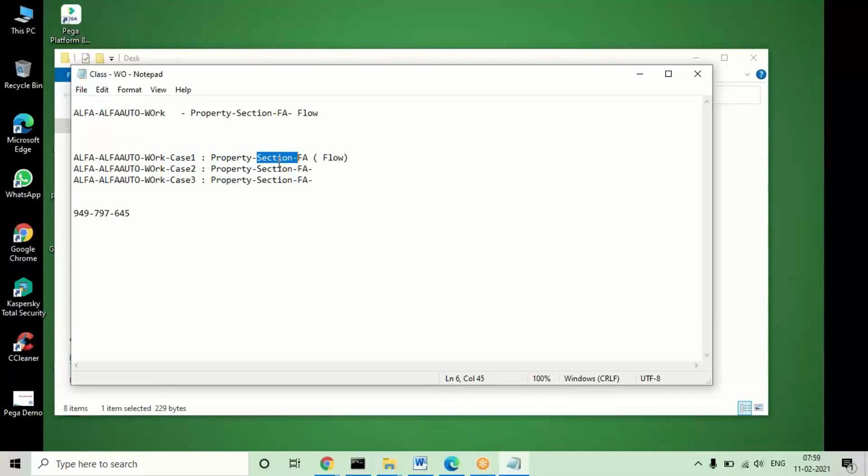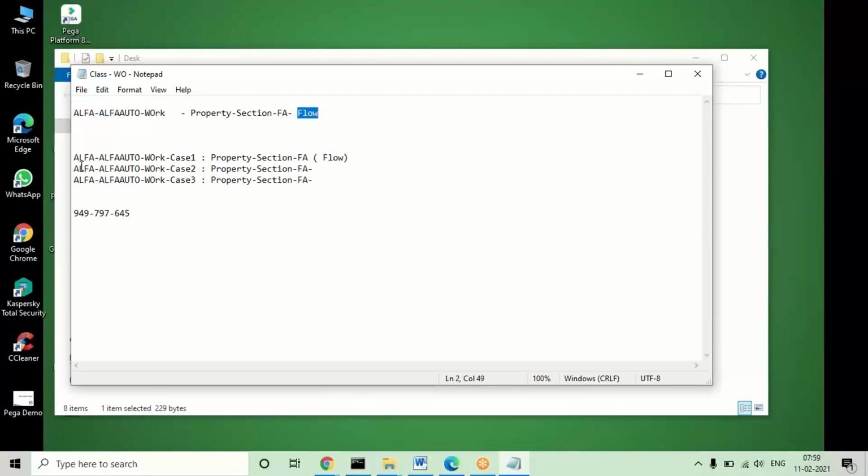See what the inheritance concept is: parent to child, anywhere we can reuse the rules. But if the rules are in the child class, can I create the flow in the parent class? If rules are available in the child class, can I add the flow in the parent class? Child to parent, I cannot reuse any data, right? So if any subclasses are there, then workflows and all will be created in the subclasses only.